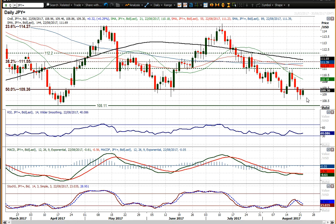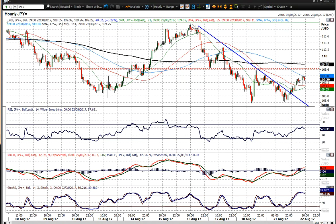In the last couple of sessions we've seen intraday moves to 108.60 but have been bought into, and closing levels coming roundabout or above the midpoint of the day. Now that would suggest that the bears are having a go but not really able to hold on to that move. And not only that, we've seen today's rally coming in where the market is 30 pips up on the day. And you can see this on the hourly chart, whereby we've now broken that little downtrend,